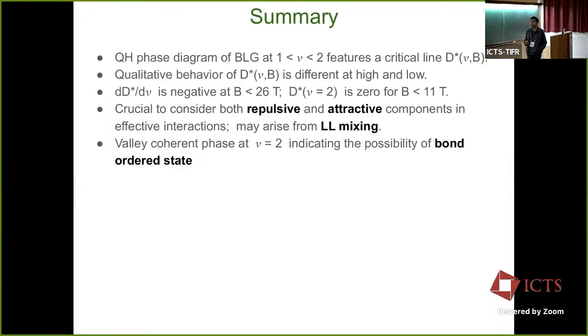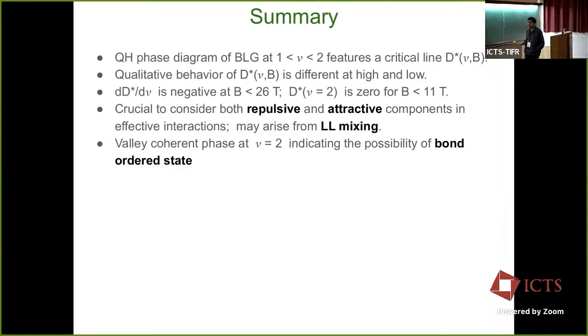So let me summarize with that. What we did is we looked at some pretty detailed features of the quantum Hall phase diagram of bilayer graphene in a certain filling factor window. We found that in order to explain these, one needs to consider Landau level mixing corrections to the effective interactions, which introduce both repulsive and attractive components. And a prediction of our model is that there will be some bond ordered phases at high fields for